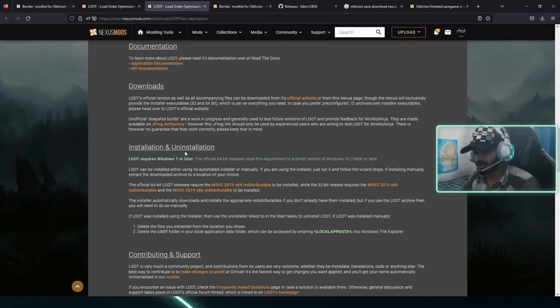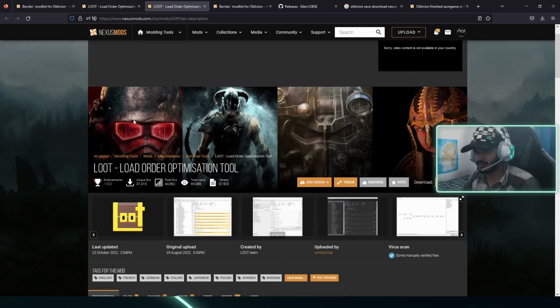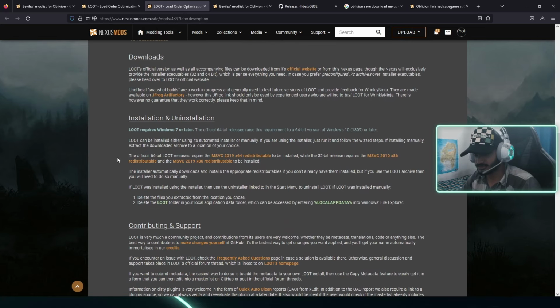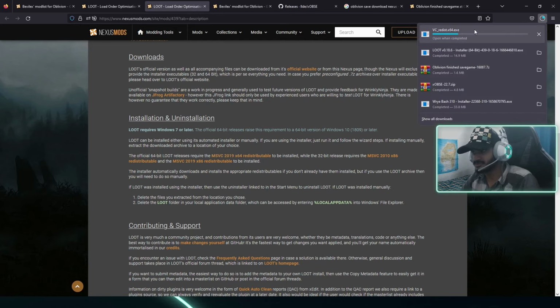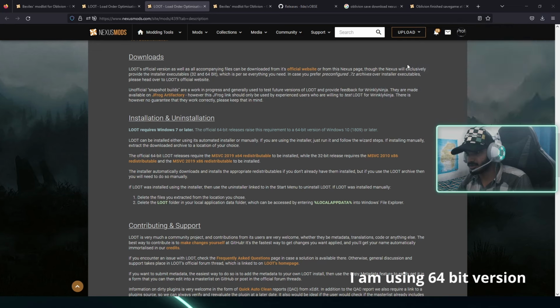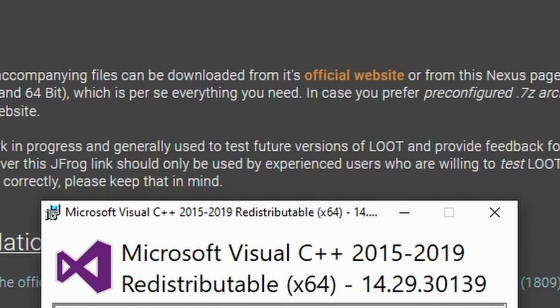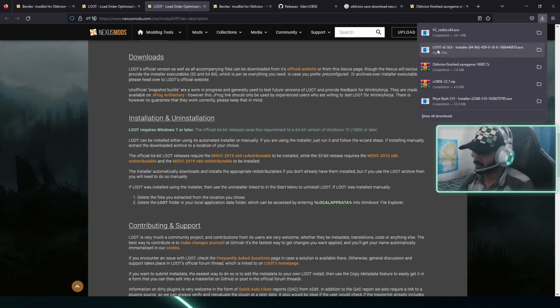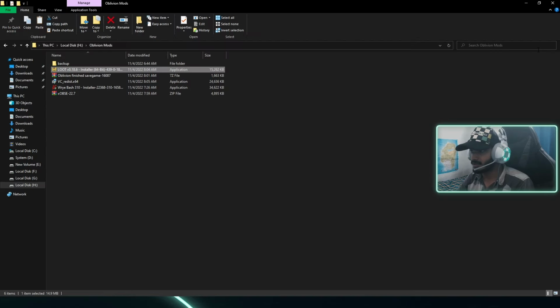And now the requirement of LOOT is, just scroll down in the LOOT page in Nexus and then select this. Okay, it's downloading. I'm going to choose this Visual C++ redistributable. You're going to install that file. Now let's install the file called LOOT. To install it, just go and click LOOT or go directly into the folder which it downloaded to and then